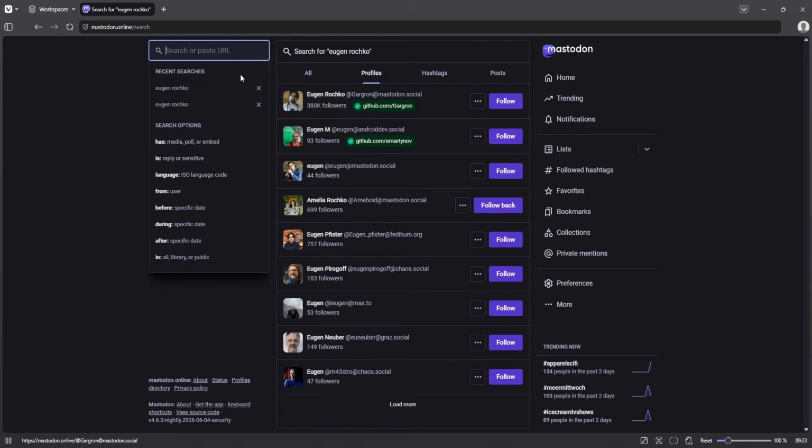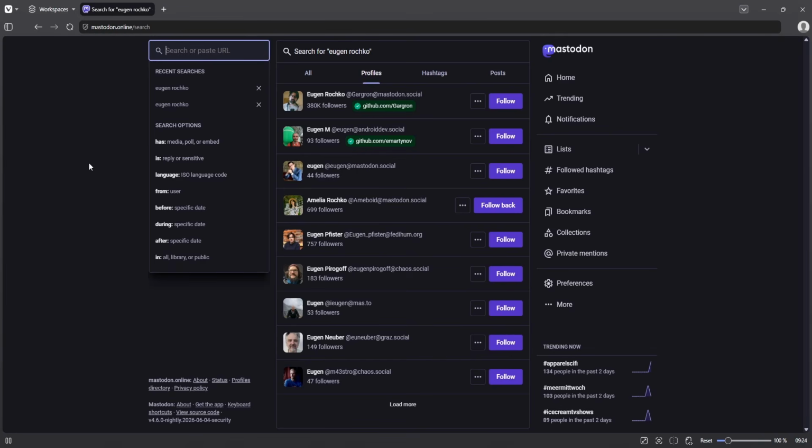Searching for profiles is easy, and it's probably the most common action that you would be doing on Mastodon as you're looking for people you may know, famous people, or just remembering somebody that you spoke to recently. In search results, people who you follow will always be prioritized so that you can always just quickly go to a profile of somebody you know. So if you follow somebody named Alex and then you search for Alex, then the Alex that you follow will appear in search results first over every other kind of Alex on Mastodon, even if they have a higher ranking,